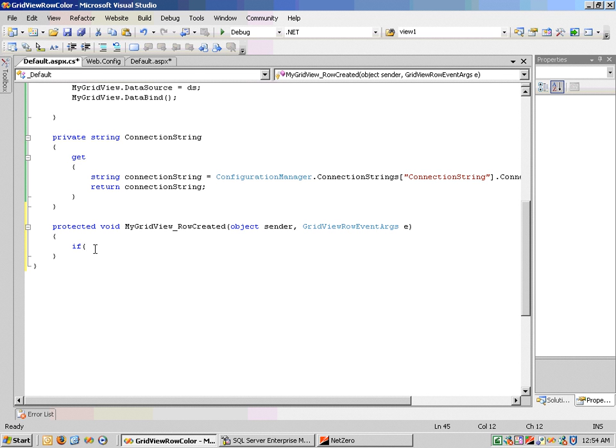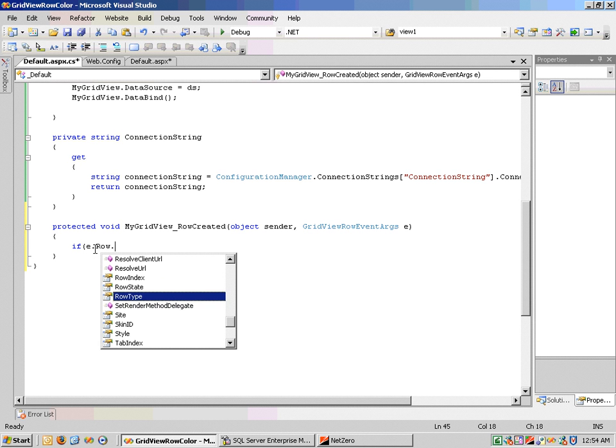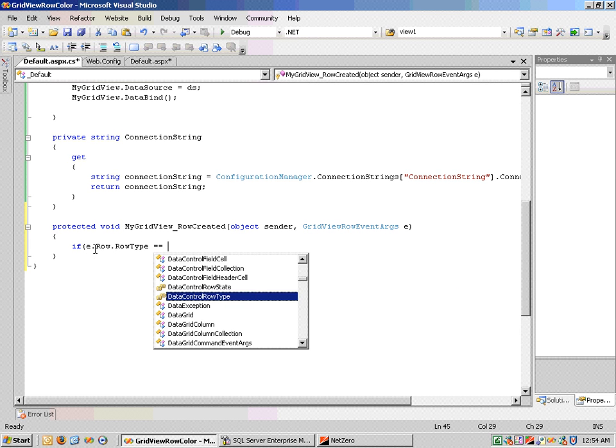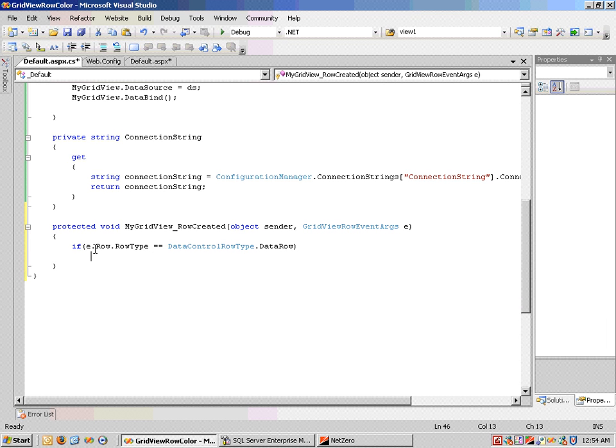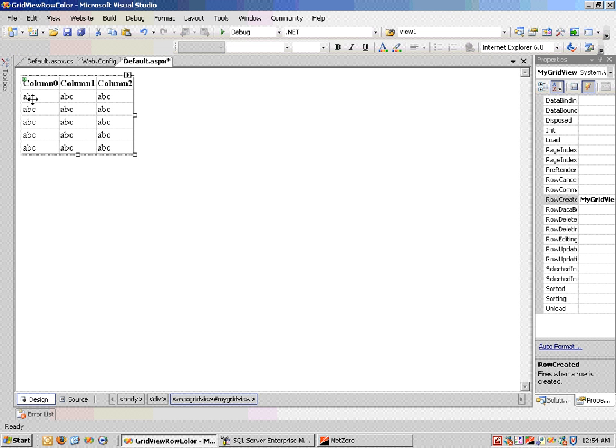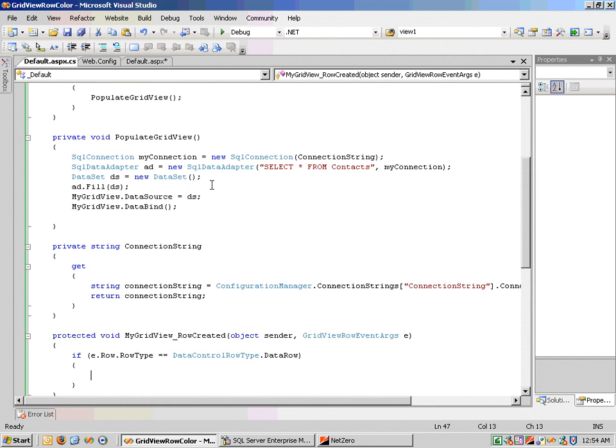So we'll say if e.Row.RowType equal to DataControlRowType.DataRow, meaning we are talking about this row, not the header, only the items, and not the footer. Okay,